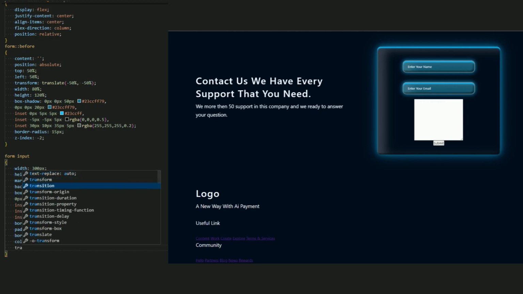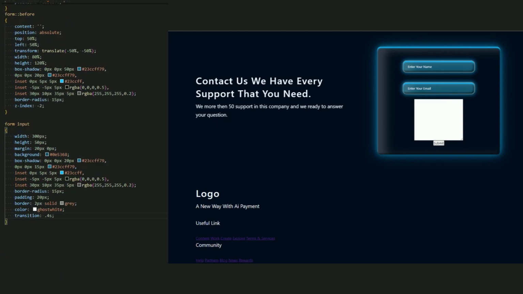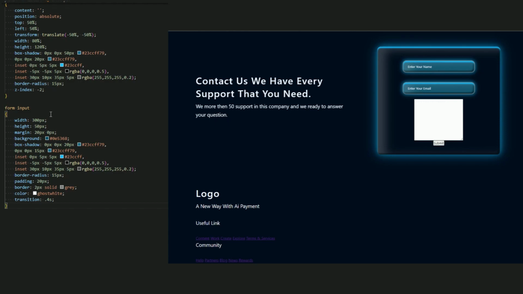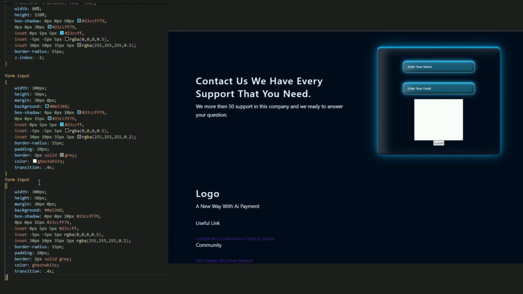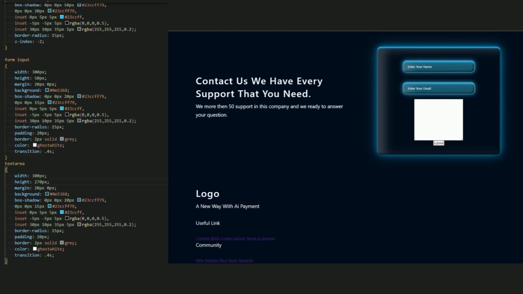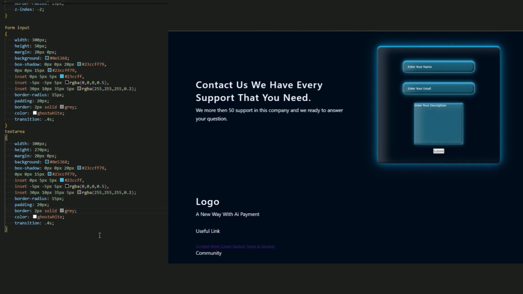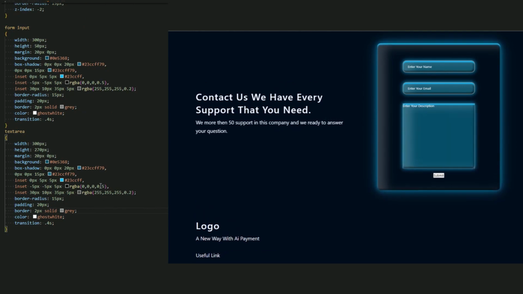The transition, because we want to add hover, so let me add a hover, or let me add the text area. Let me just add the text area, copy paste it, textarea, and just change the height to 170 pixels. Here we go. This is the height, and we don't need to change anything else of the text area.